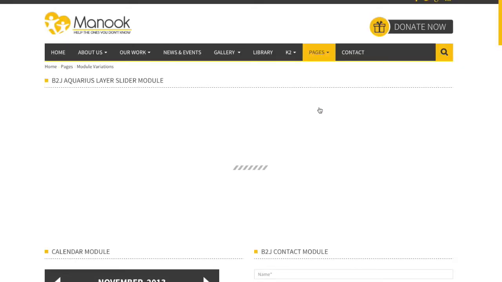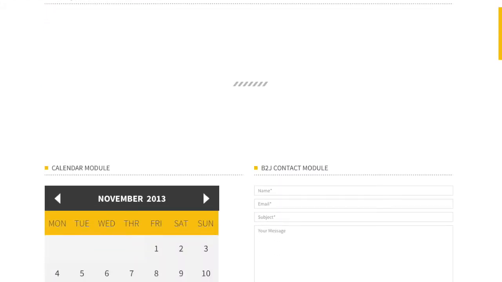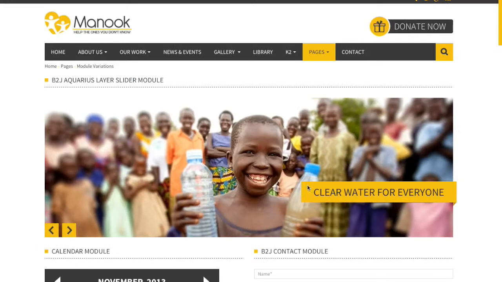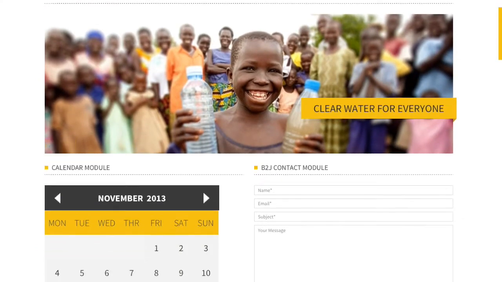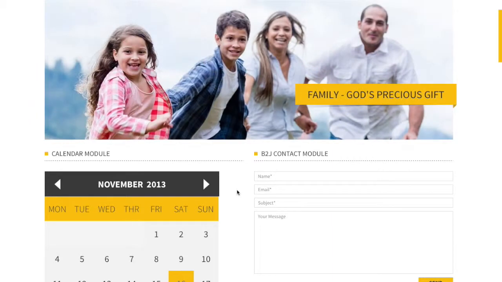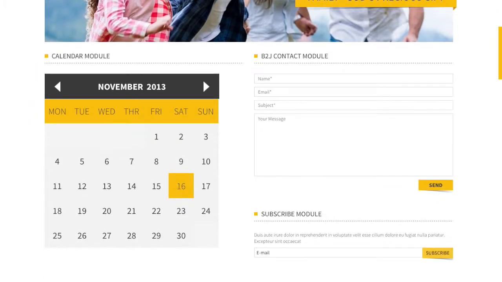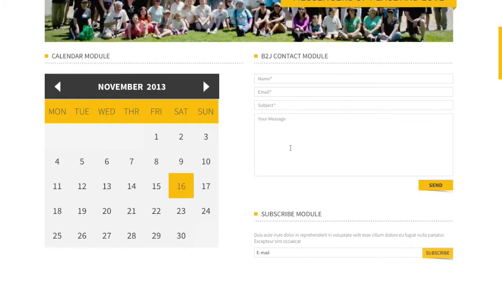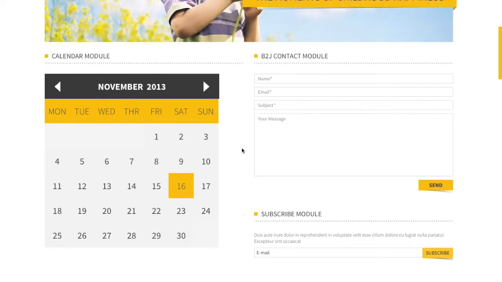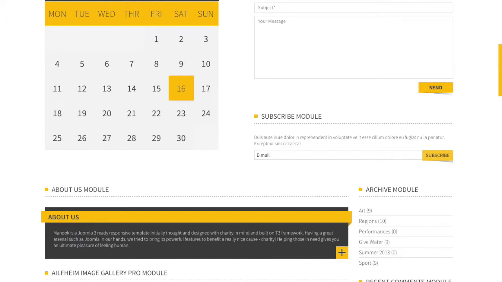All right, and I really want to show you the great modules which have been used for this template, which is the B2J Accelerus Layer Slider module, which you have probably recognized from the home page. Yes, here it is. The calendar module, which is the B2J calendar for K2, our newly released B2J contact component with its B2J contact module, which is included in the component itself,